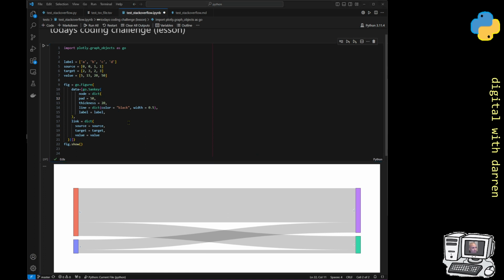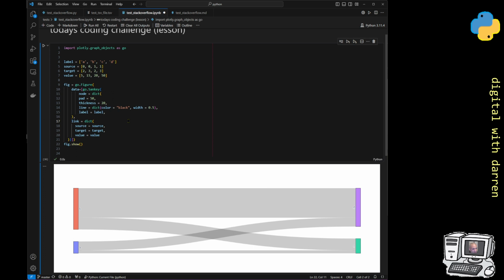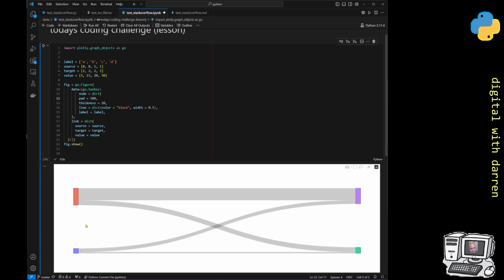Let me just remove all of this stuff. So I'm just going to run it, and I think it looked like there's a gap between them, so I'm going to make it even bigger. So I'll do Control Z for a second. So it was 5. Make it 500. So the padding